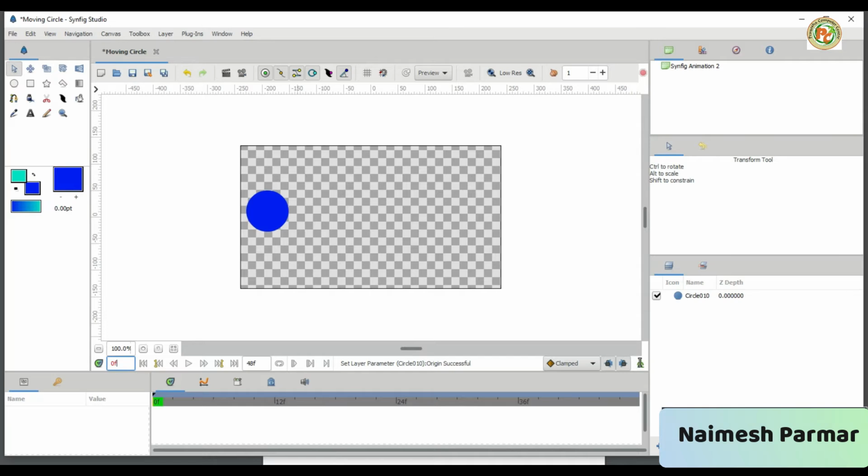Okay, now after that, you can see this is another main part. This green icon means we haven't started animation inside this. Once you click here, it becomes red, and a red boundary will appear here. That means whatever you change here will keep being recorded until you click here again. So whatever changes you are going to make in this will be recorded, and then it will be played. It is green right now, this means we haven't started any animation, that's why it is green. If you click here, it will become red, and a red boundary will appear.